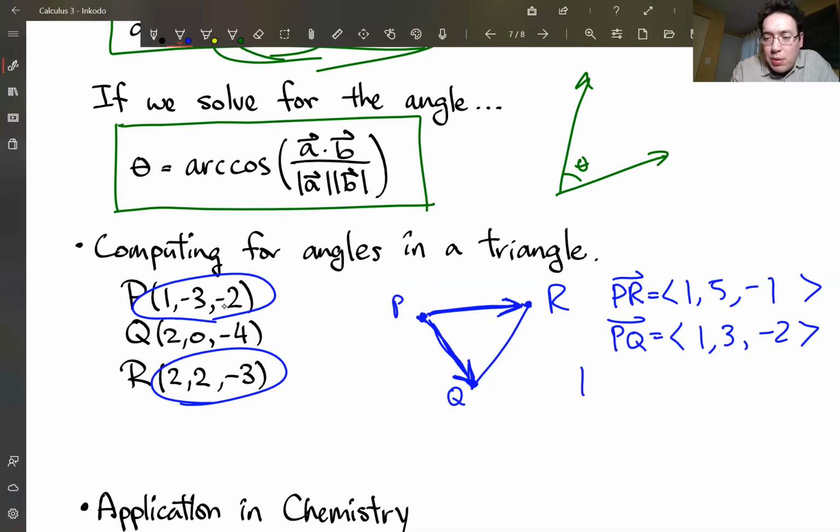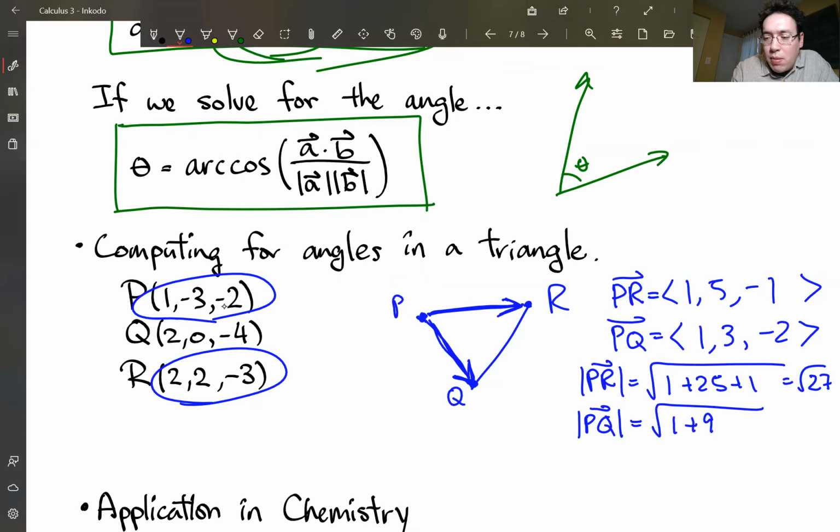I also need to compute the magnitude of these things. Okay. And now I have all the ingredients to compute the angle